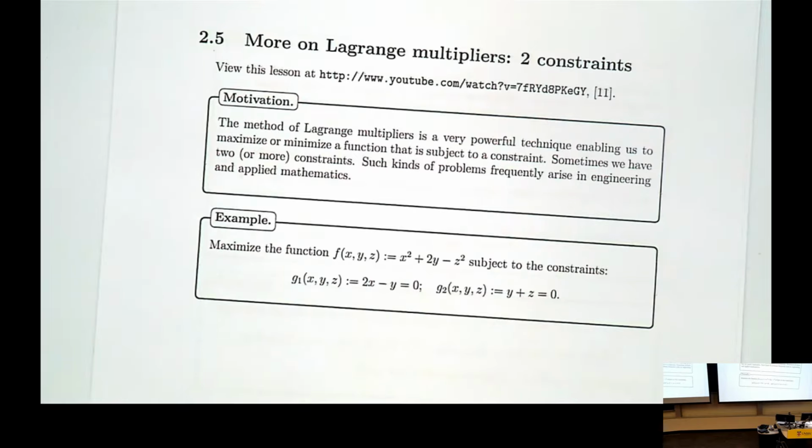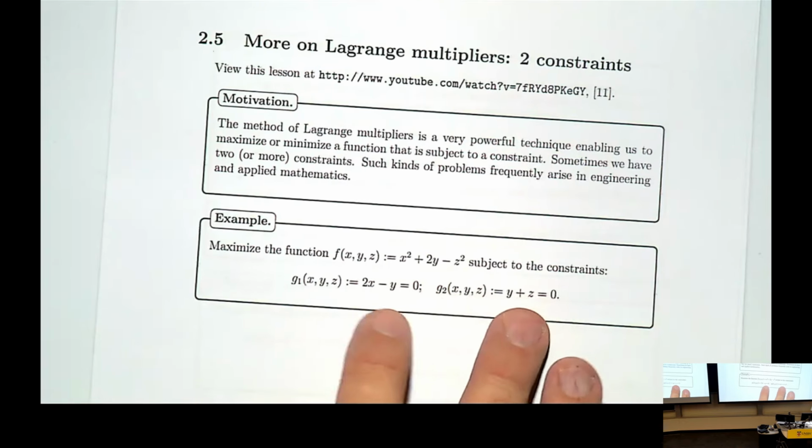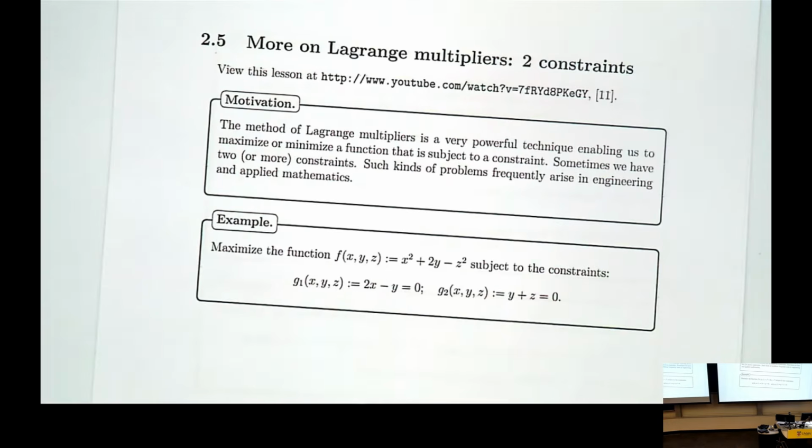How many parameters or lambdas are you going to have? You're going to have two. It's a bit hard to set up a picture for this, but you get the idea. Now you might be able to take one of these and put it into the other one and simplify. Great. But that's not always possible. But let me do an example from